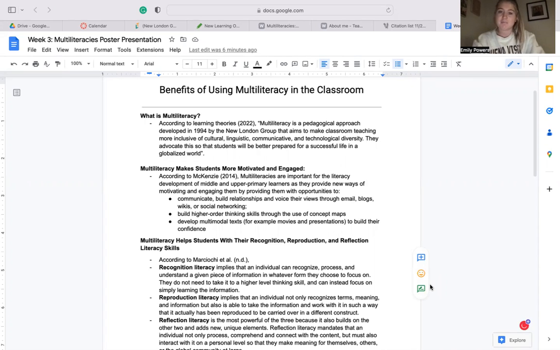So multiliteracy is a pedagogical approach developed in 1994 by the New London Group that aims to make classroom teaching more inclusive of cultural, linguistic, communicative, and technological diversity. This group advocates that students will be better prepared for a successful life in our globalized world that's ever changing. There's always new ways of learning. There's always new communications that are brought up and learned. So it is important that all students, specifically language learners and those who are diverse in language, know those